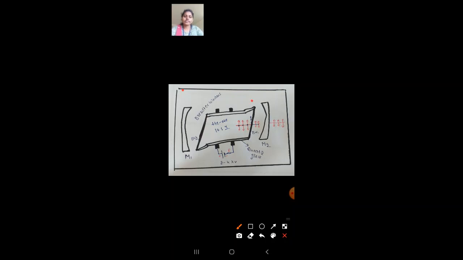Whenever helium atoms or neon atoms are placed in the ground state, that means they have jumped into the ground state, they have a rest position. Rest position means there is no energy in that state. That means they collide with the walls of the quartz tube. When the atoms reach the ground state, the zero energy level, they collide with the walls of this quartz glass.